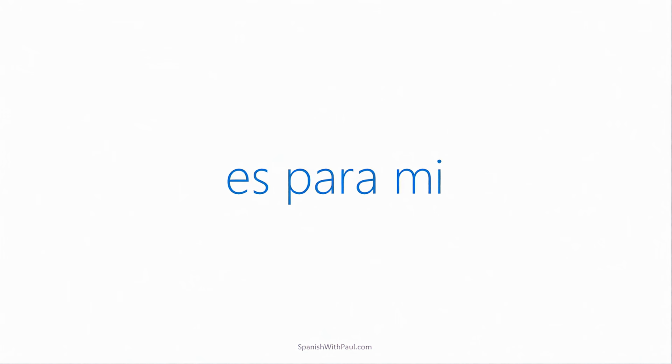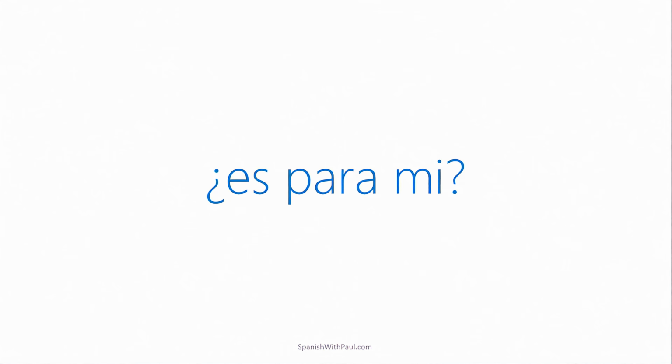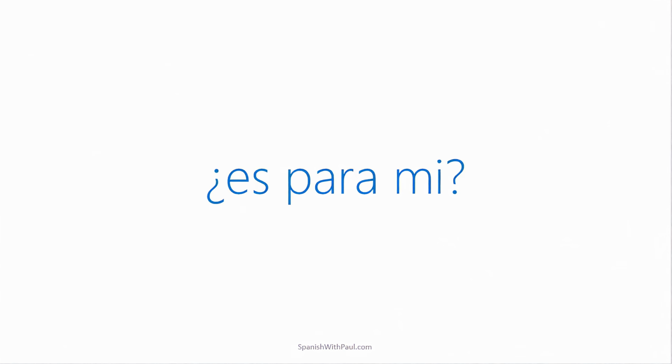Es para mí. Now, if we wanted to ask that as a question, is it for me? You just use the intonation of your voice. So it would be, ¿es para mí? You can see it's the same thing as a statement, es para mí. But as a question, ¿es para mí? Unlike English, where we have to change the word order, in Spanish, it's a lot simpler. You simply say the same sentence, but use the intonation of your voice to make it clear that now you're